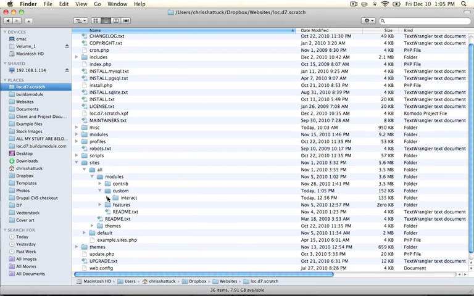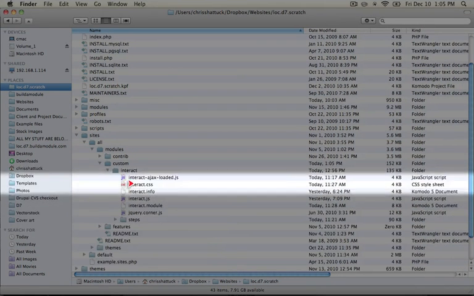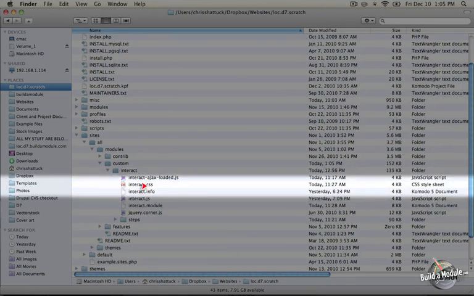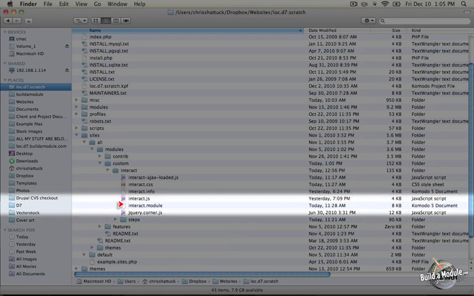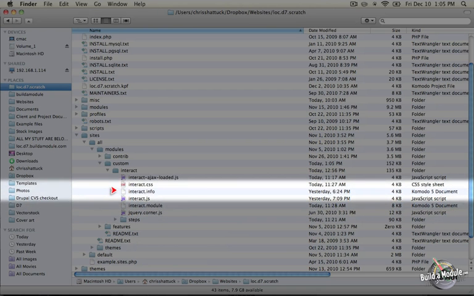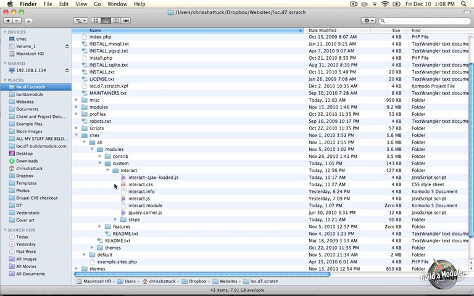Let's go ahead and take a look at the files here. We have several JavaScript files, one here, one here, and one here. And then we have our basic module files, our .module file, our .info file, and then we have a .css file. In our first examples, we're going to use a method of including a JavaScript file that uses the .info